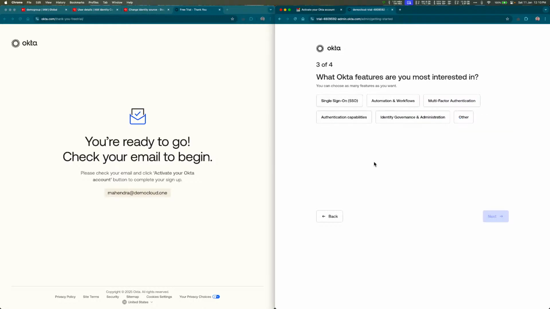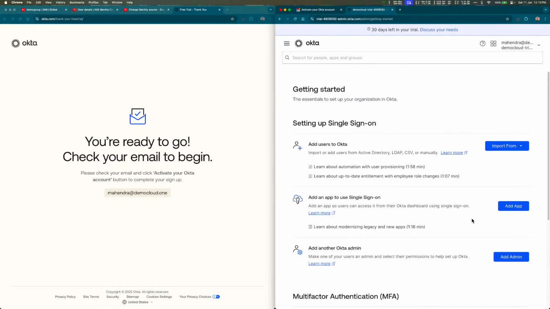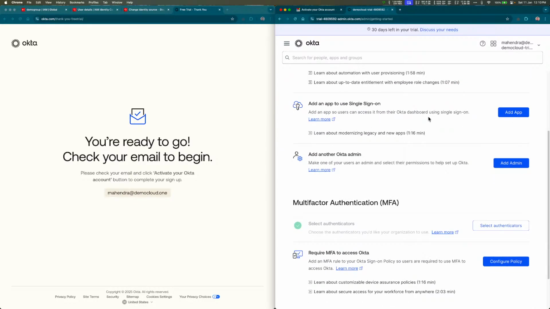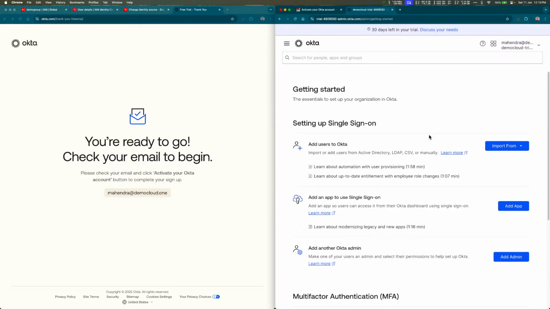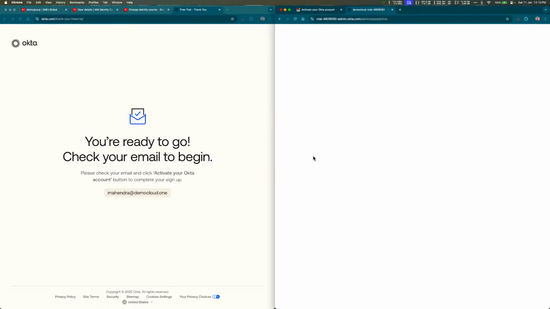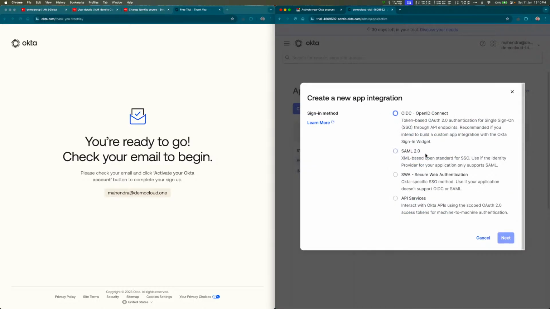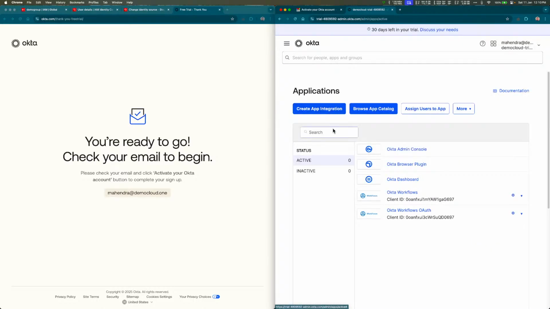Let's choose that my users are from. Done. So guys, this is from where I can get started. Choose application. And in application, I can create app integration, or maybe from the application, I can browse app catalog, and I